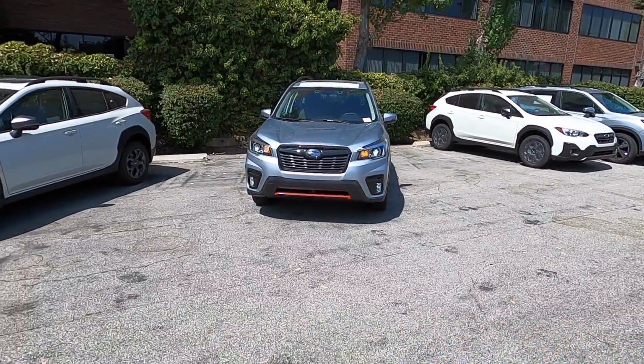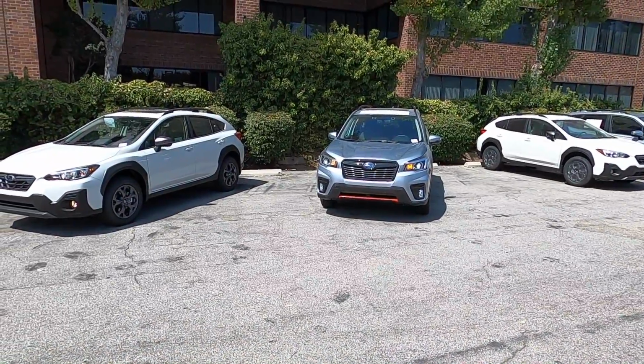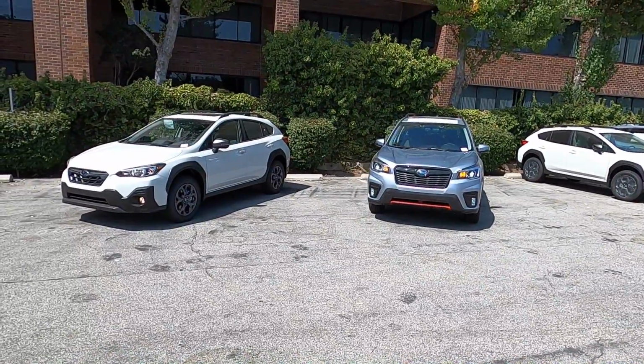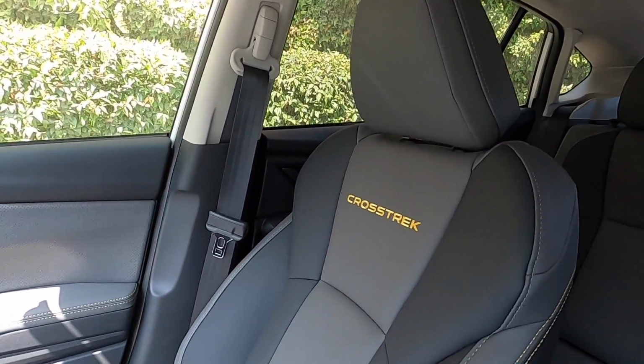And for 2021, the LED headlights on Forester are going to be adaptive, so they will turn with the steering wheel when you drive at night. Now we're going to look at the interior, and I'm going to start on the interior